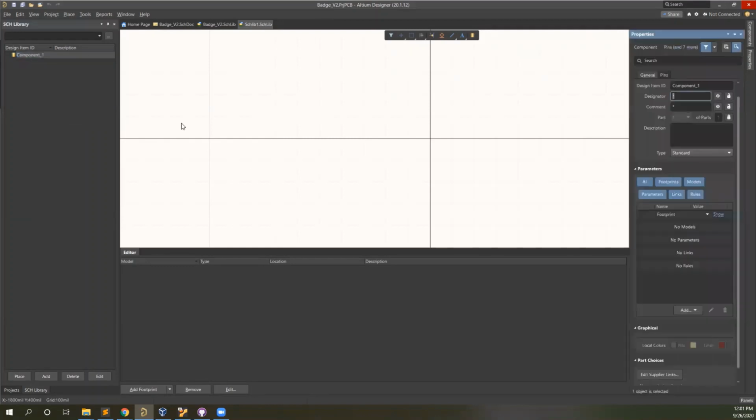So we'll just double click this. And we're going to call it ATtiny85 designator. So we want to have this equal U question mark, or sorry, not equal, U question mark. And the reason for that is so U is just a designator for